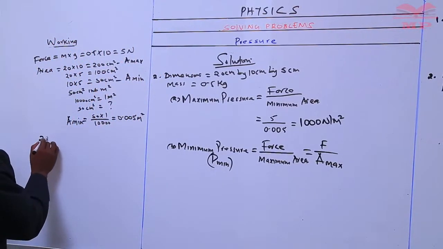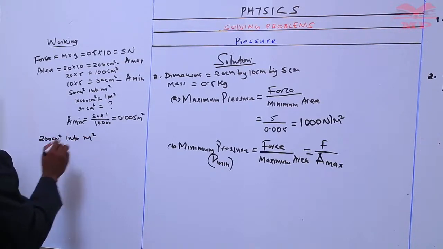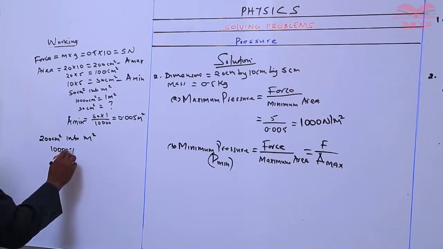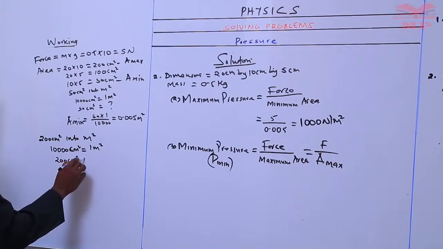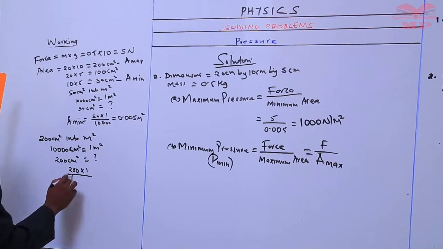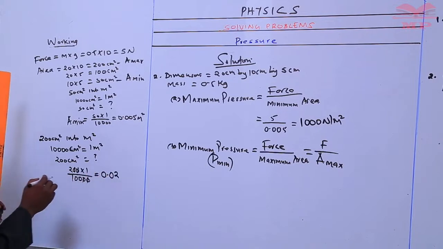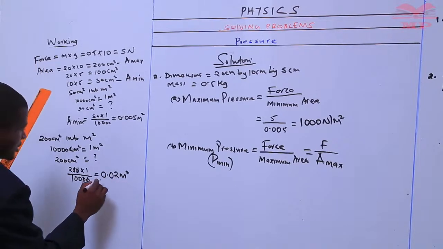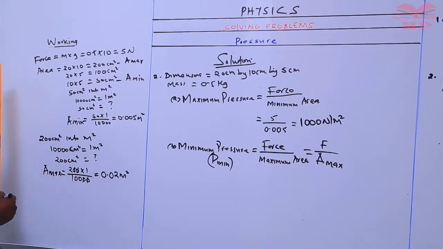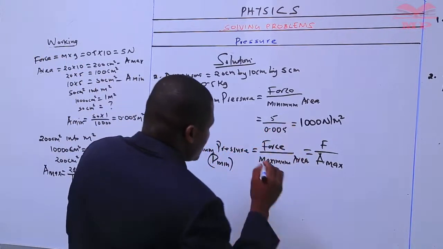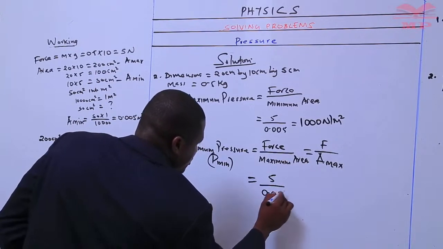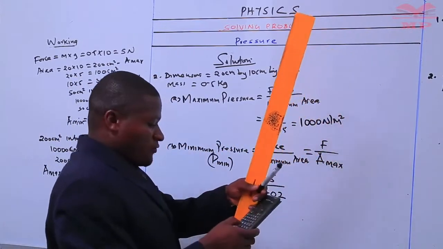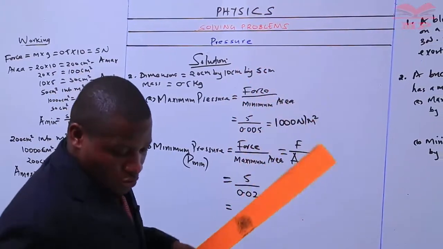So converting, that is 200 centimeters squared into meters squared. We have 10,000 centimeters squared is equal to 1 meter squared. So what about 200 centimeters squared? So we have 200 times 1 over 10,000. This is 0.02 meters squared. So this is A max, our A max. So we substitute in our equation. So our force is still 5, then divided by maximum area or A max, which is 0.02. So for this one, it will give me 5 divided by 0.02. It is giving me 250